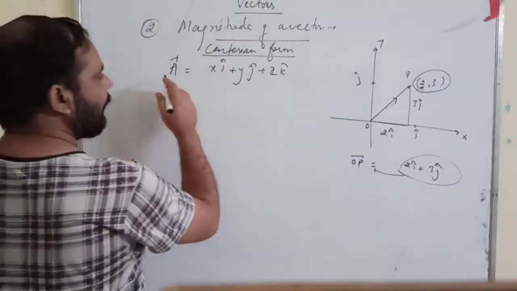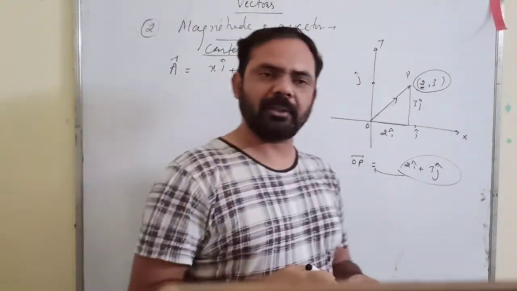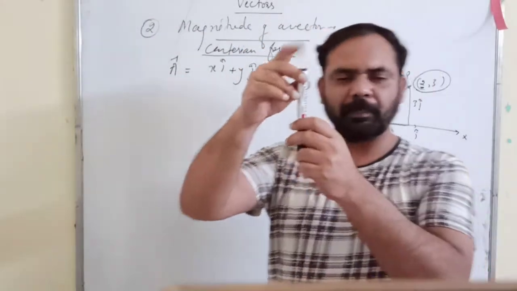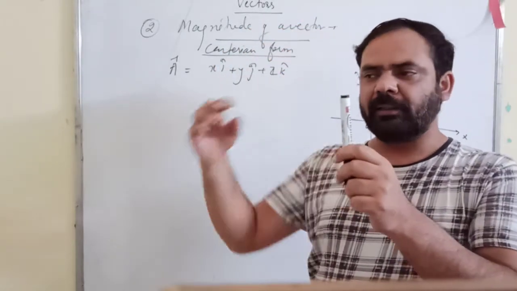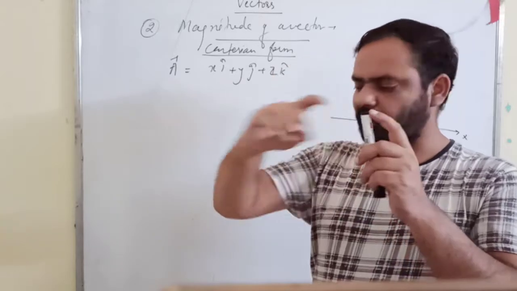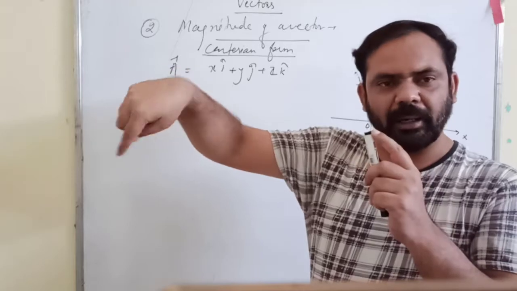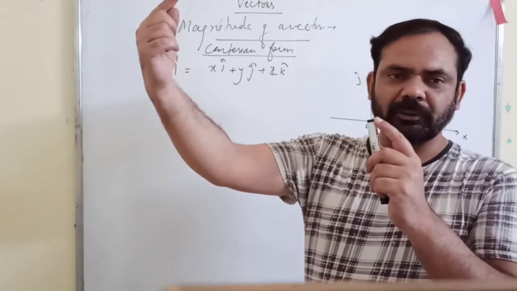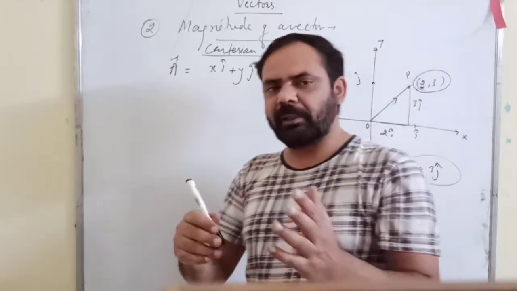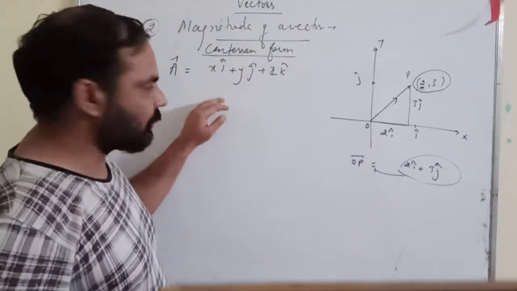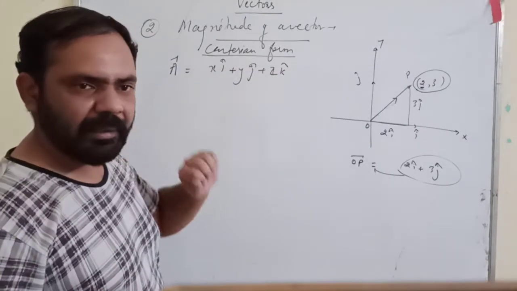Okay, so let us suppose that we have a vector a. Let us suppose that we have a point in the space here at the tip of the pen. So suppose the coordinates are x comma y comma z. Then how will you reach this point from the origin? You will have to move x units along i cap. Then you move y units along j cap. Then you move z units along k cap. That way you will reach this point. So how your a vector will be represented: x i cap plus y j cap plus z k cap.